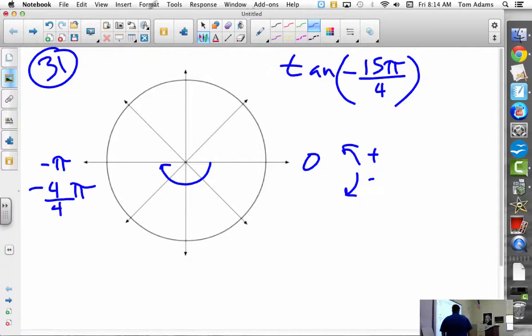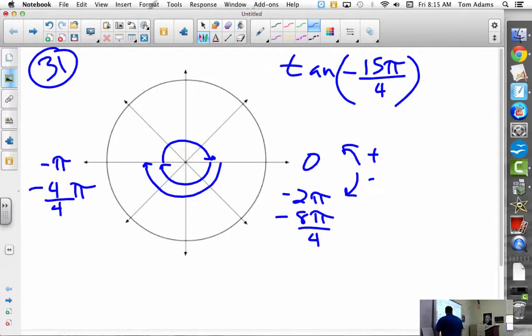And then if we come back around, this is like negative 2 pi, and negative 8 pi over 4, right? Well, now if I come around again, now I've gone another 4 pi, so this is like 12 pi